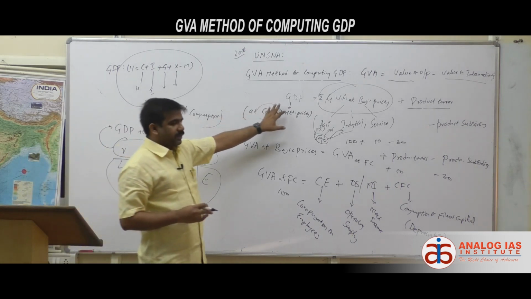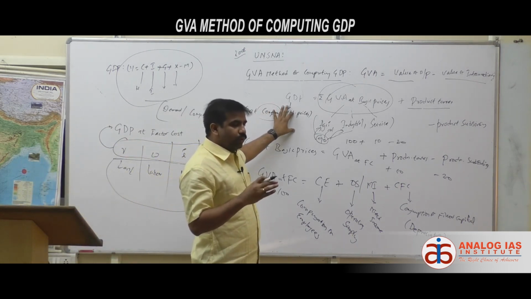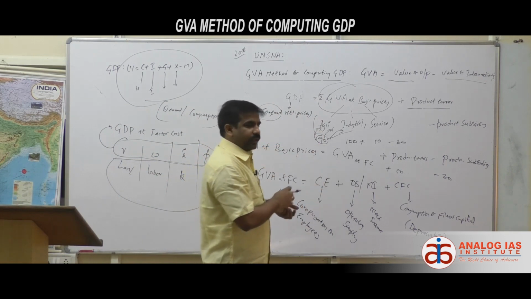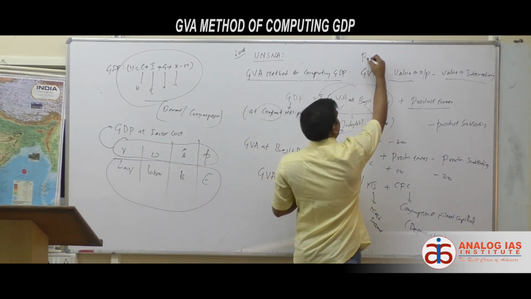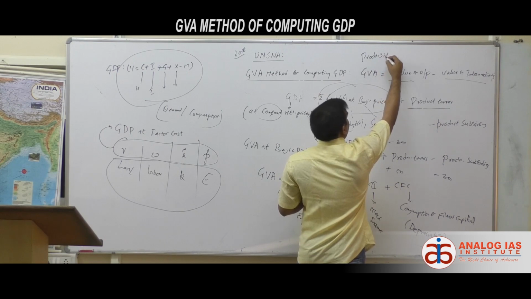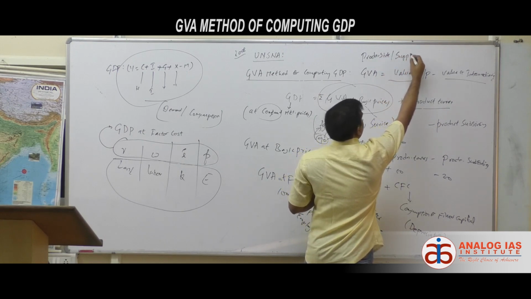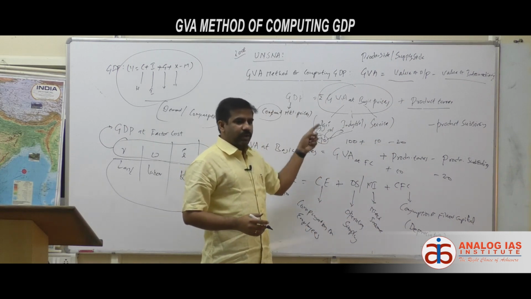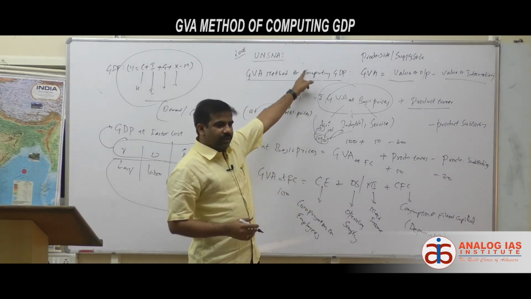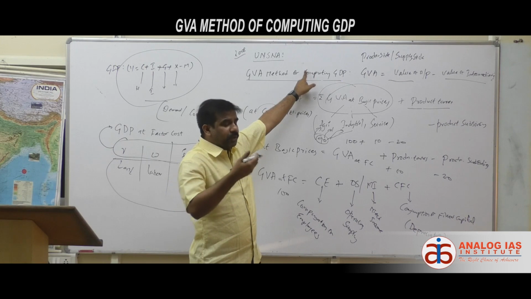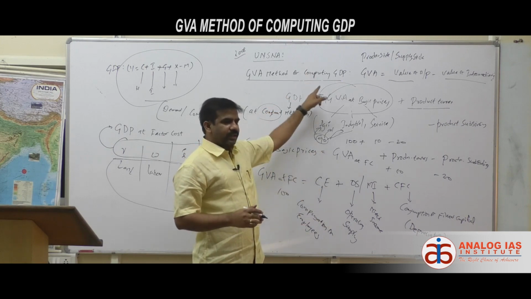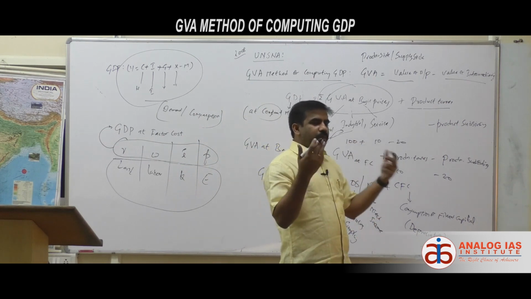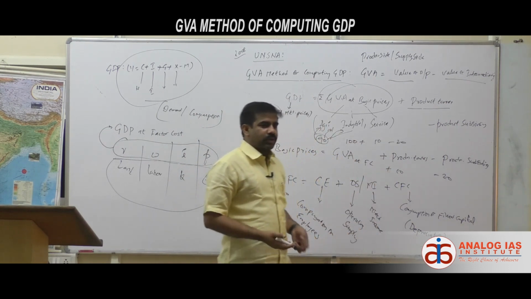But here in this case, I am not looking into the consumption, I am looking into the production. So this method of computing GDP is from the production side or supply side. If more companies and more factories are producing more output, my GVA increases. Irrespective of the demand, my GVA increases. If more companies, more farmers, more people contribute more to the economy, they produce more goods and services,